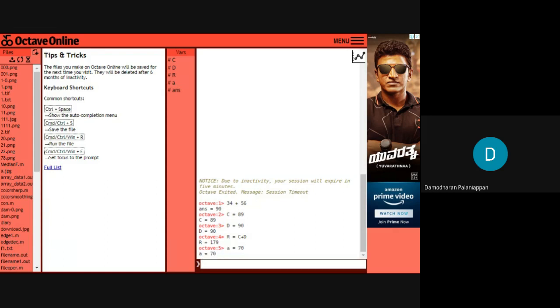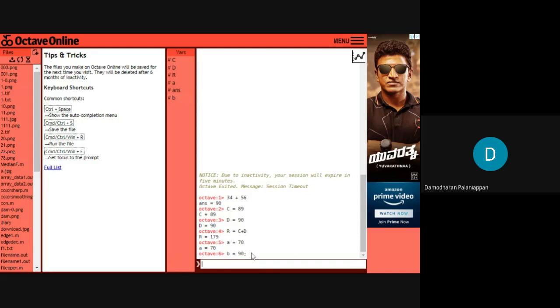Then B is equal to 90, and in that I am giving a semicolon. If you do not give a semicolon, the line will be executed and the output will be displayed. If I give the semicolon, B is equal to 90, it will not display any answer. It is called the implicit. That particular statement is interpreted and executed. B has the value 90.